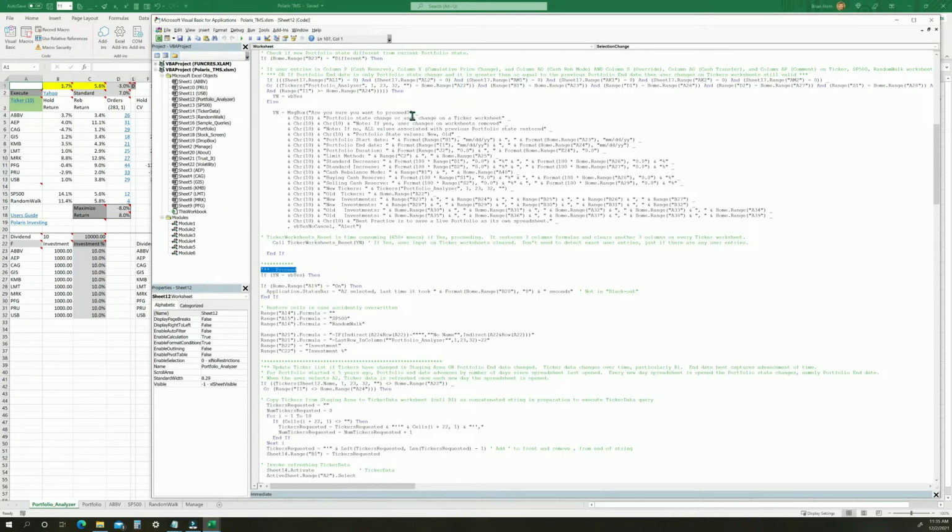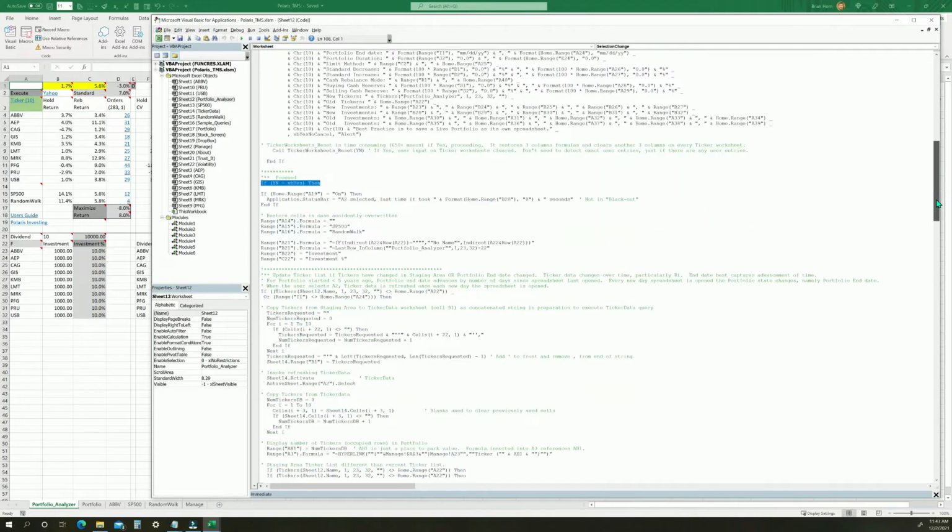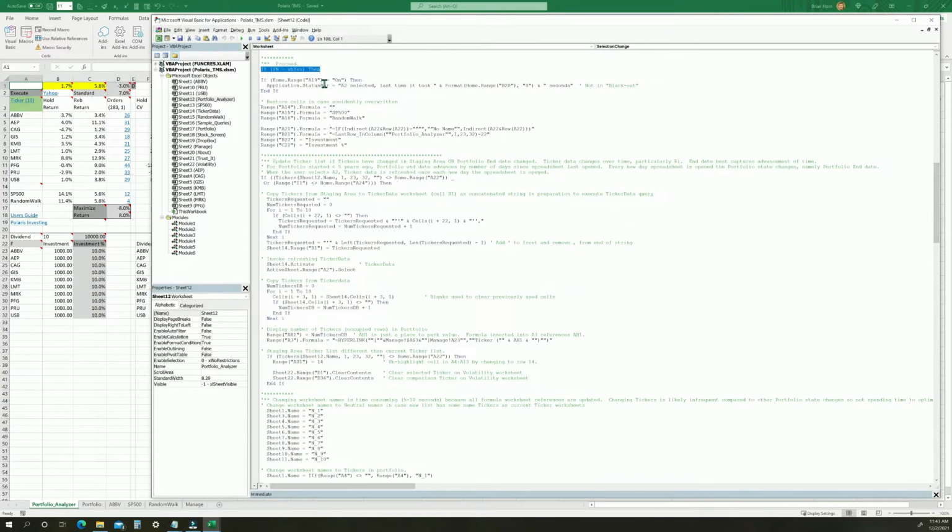Now, after the user has indicated whether they want to proceed or not, this routine called ticker worksheets reset is called with the user's response, and we've already talked about that subroutine. So next we pick up down here where we assume that the user wants to proceed. Now here in the proceed section, the first thing done is a check is made to see